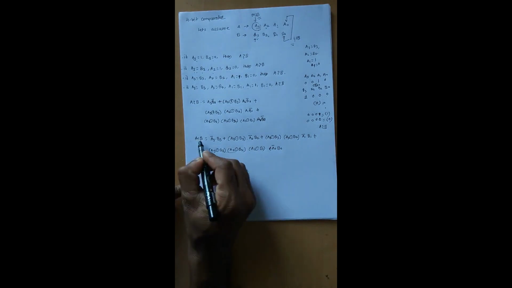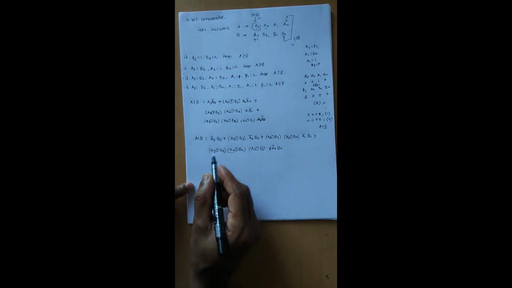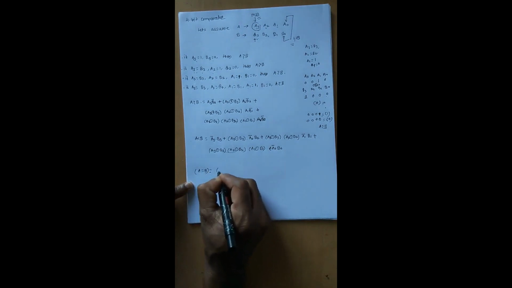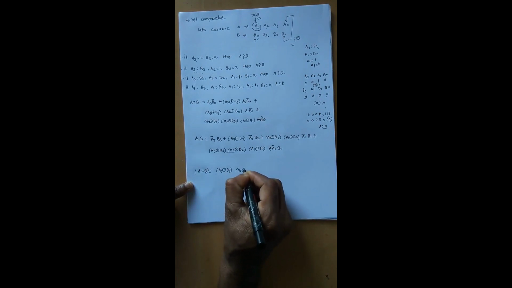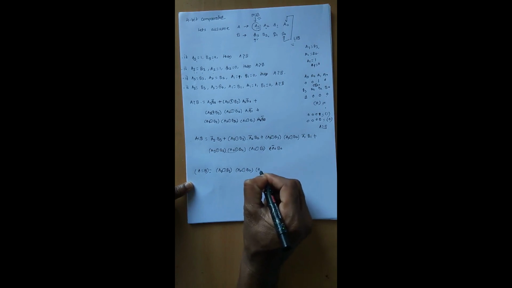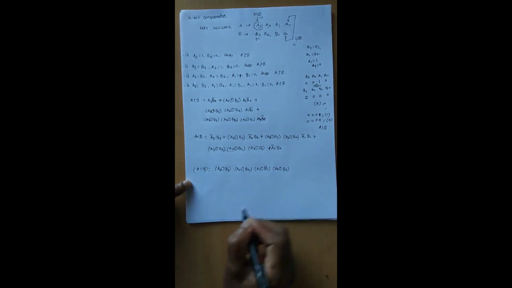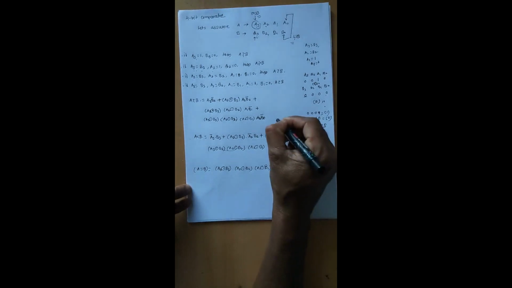This is the equation for A is less than B, and for the third expression, which is A is equal to B, we are getting A3 XORing with B3, A2 XORing with B2, A1 XORing with B1, and A0 XORing with B0. These are the three equations, first, second and third one. Okay, with the help of this we can draw a logic diagram.